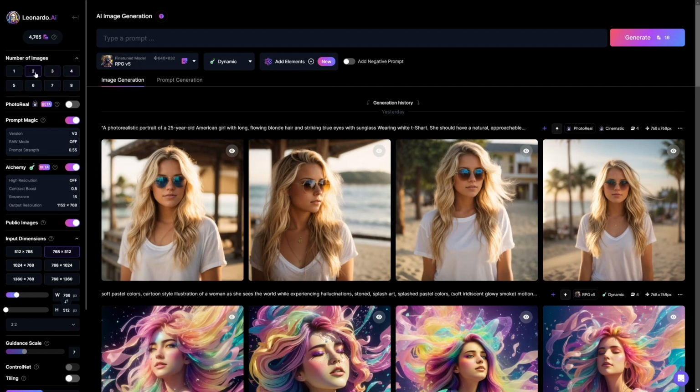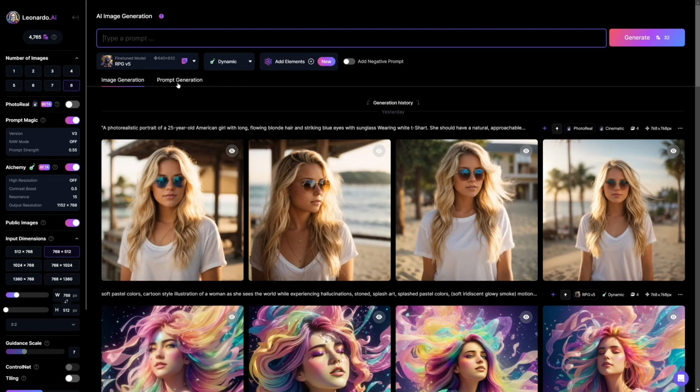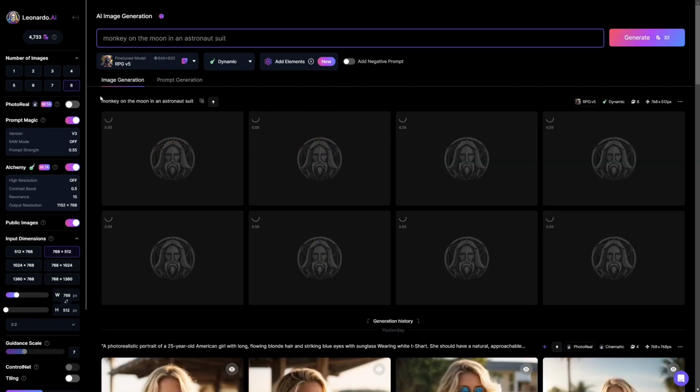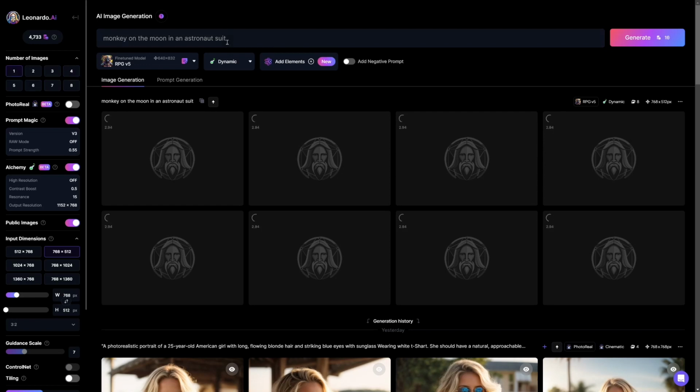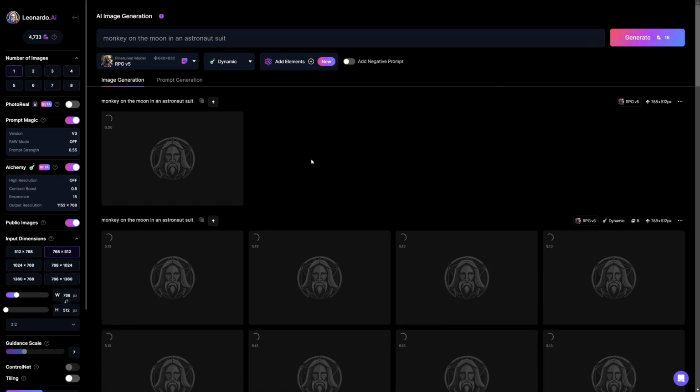Same thing with the number of images that you're generating. The less that you generate, the less expensive it is to generate those images. Right here, you can choose up to 8 images to generate at one time. I'll just show you what that looks like. I'll just do a quick monkey on the moon in an astronaut suit. I'll just show you that how many images we're generating is 8, and you can go all the way down to 1, and we'll just see what it does for each of those. So you can see I've used 32 of those tokens,